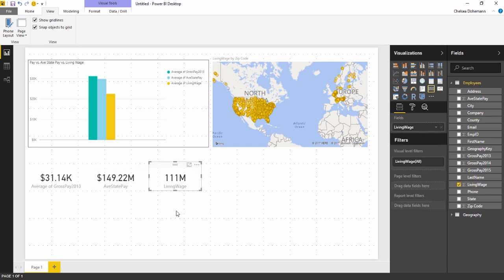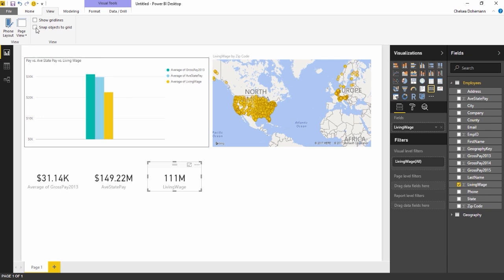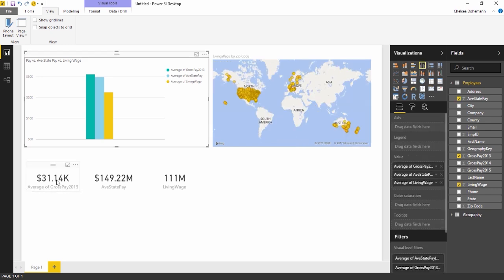Of course, turning off this visual aid is as easy as clicking on the exact same checkboxes. The next thing I'm going to want to do is make sure that my card visual types are very obvious about what data they represent. For instance, this very first one, which is average of gross pay 2013. So far in my report, this field called average of gross pay 2013 is usually represented in this darker aqua